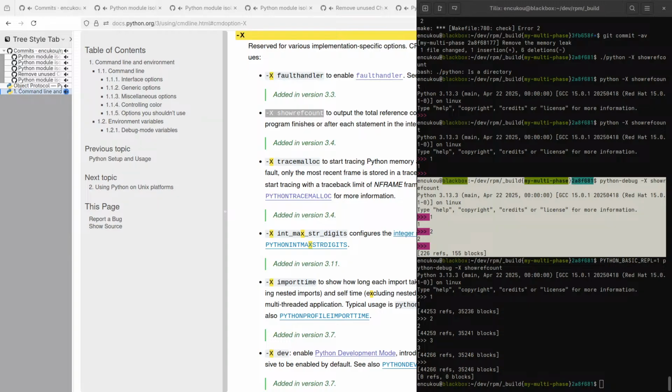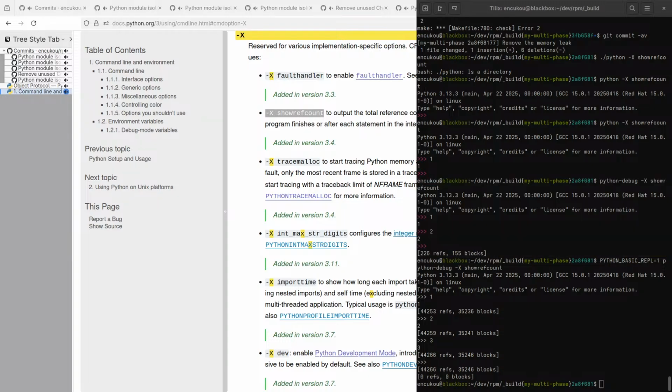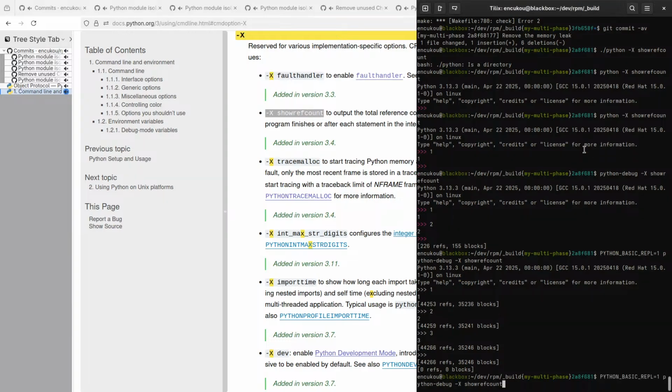My to-do list is too long, but I'll put it on there. Okay, so that's a bug in the new repo, not the first or the last one. So we need to get Python debug into the container and somehow pass x show ref count